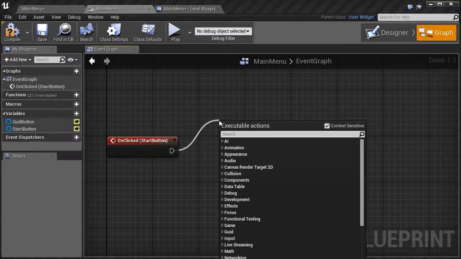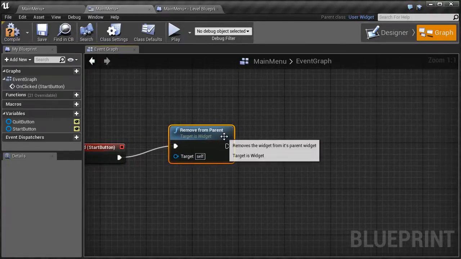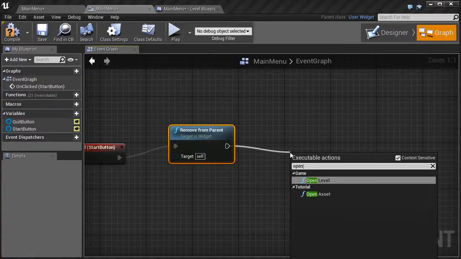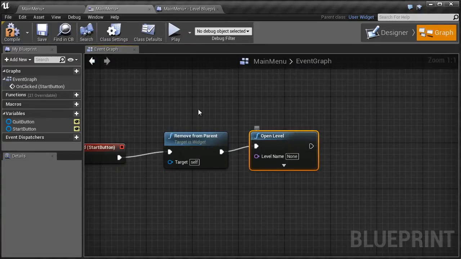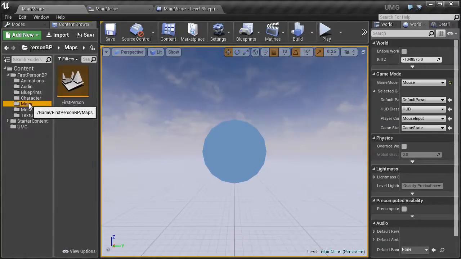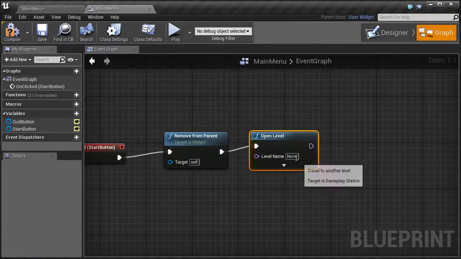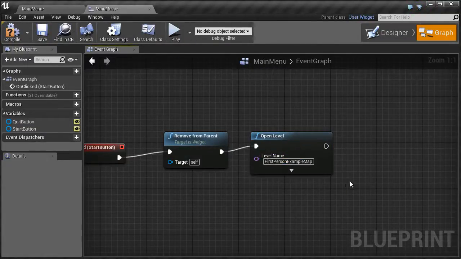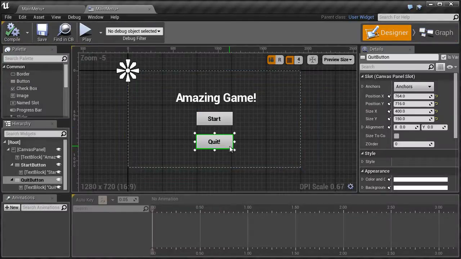Drag that noodle out. First we want remove from parent, so this UMG will disappear once you click that button, and then we're going to want to open the level. Just make that a bit neater. Come over here, and then in first person blueprints, go to maps. We're just going to copy and paste the map name here, and then paste that into there, hit compile, and then in here you want to click quit,